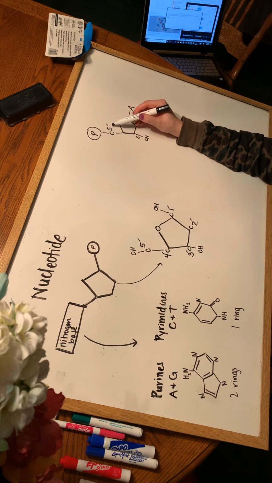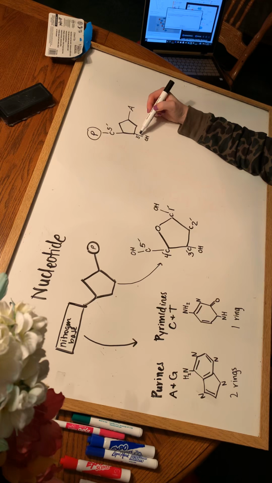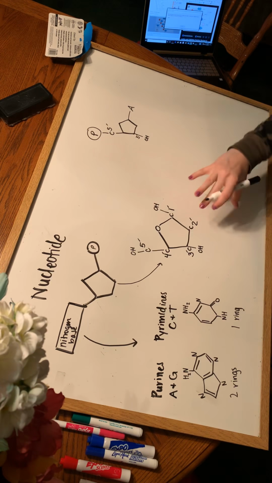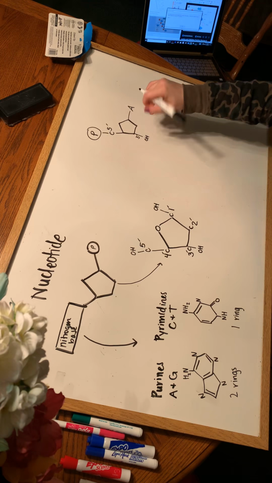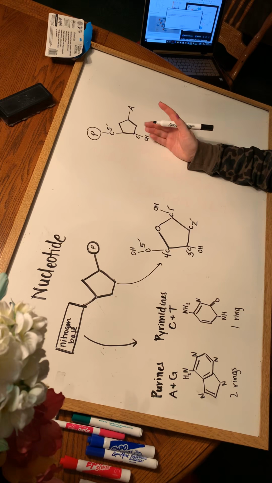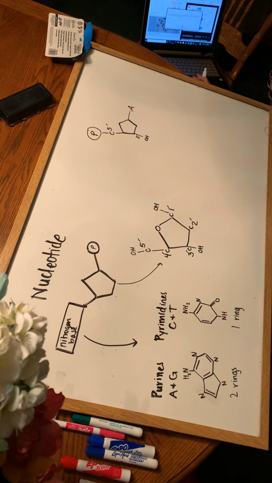So the 5 prime end is always the one attached to the phosphate. The 3 prime end has that hydroxyl group hanging off the end. So when a new nucleotide is coming in to make that covalent bond between the backbone, it has to attach to the 3 prime end. Okay, so what winds up happening is